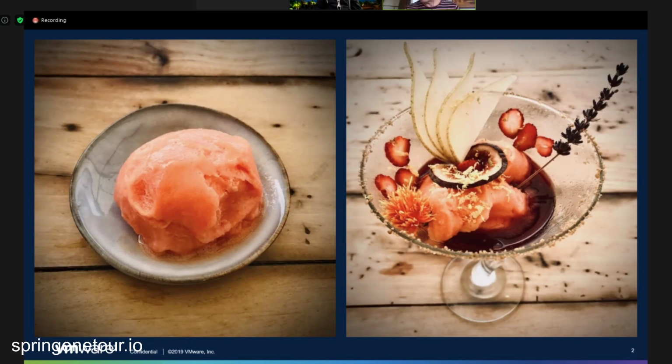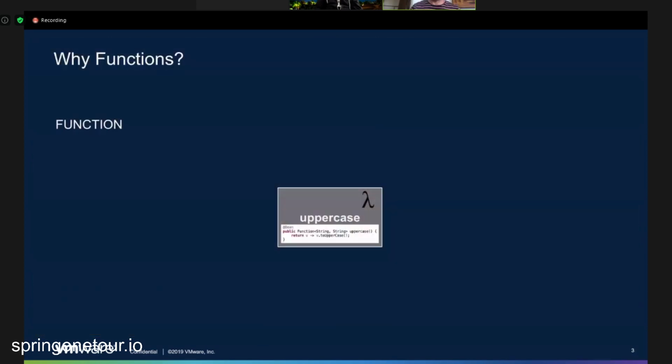But I'm going to share with you the story of two ice creams. Well, this is actually the same ice cream, right? Same strawberry ice cream, except in the picture on the left, that's just the raw material. The picture on the right is decorated, plated, properly served, and probably costs more money, and so forth. So this is a good analogy when it comes to understanding why functions are important, because